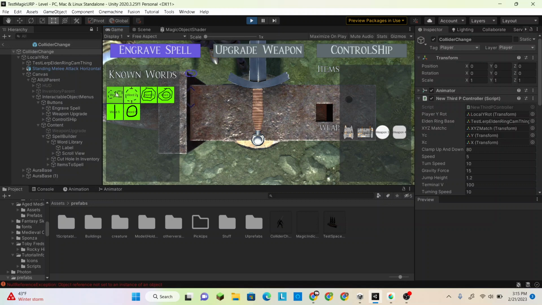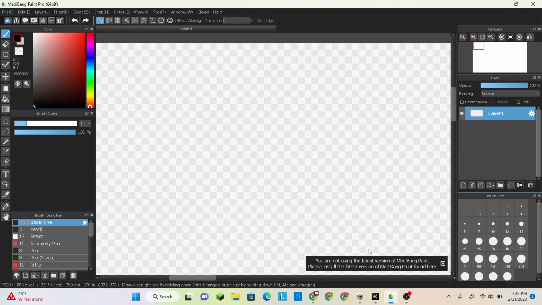And the way that it works in theory is that you have a weapon. I'm going to show you this via art. You have a weapon, like a sword, let's say,